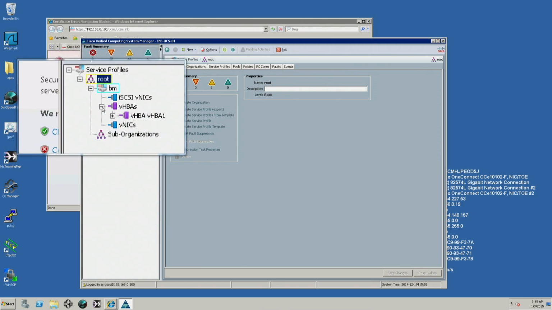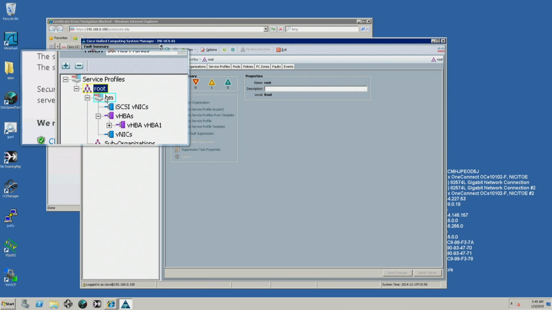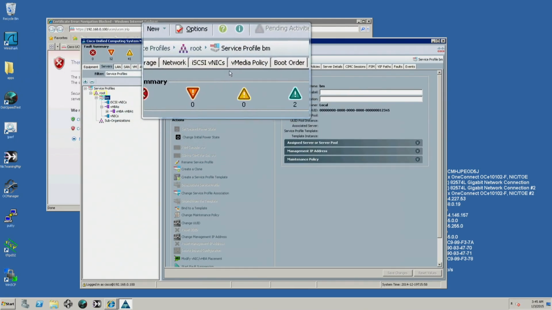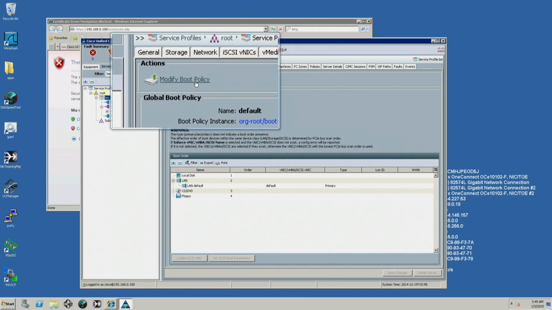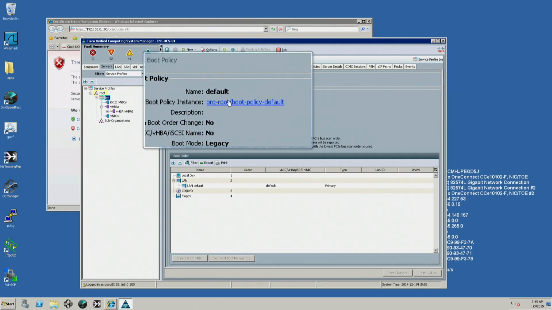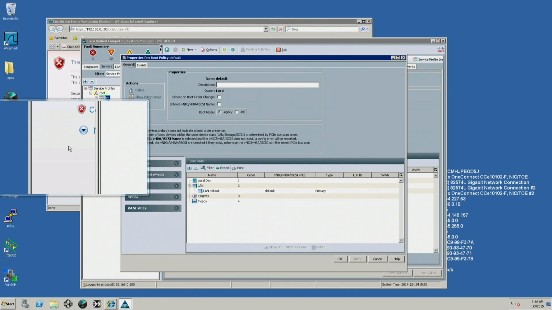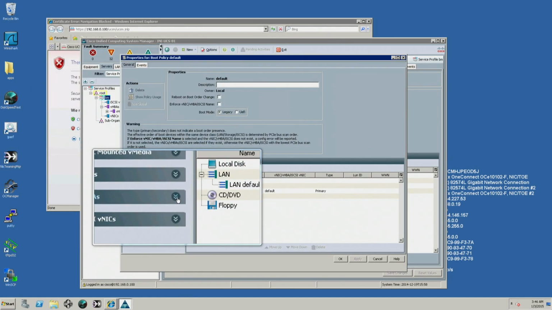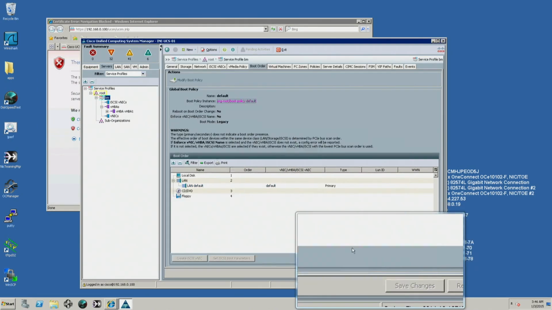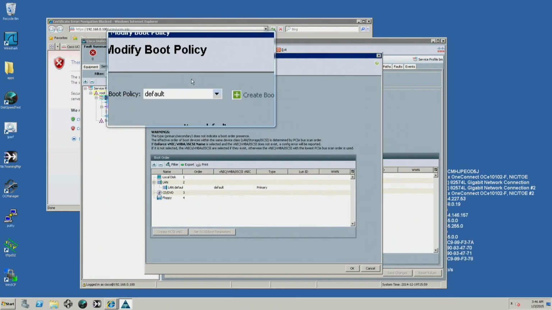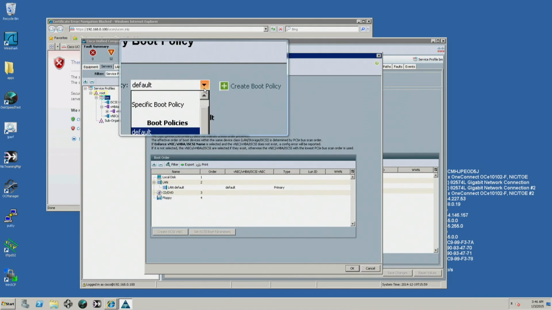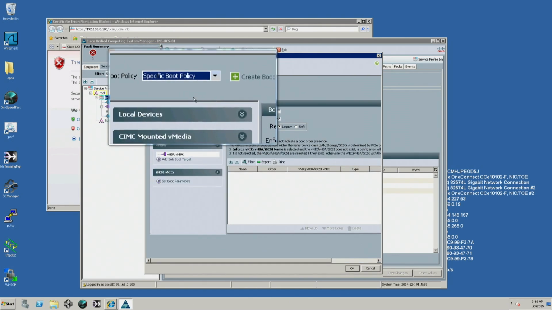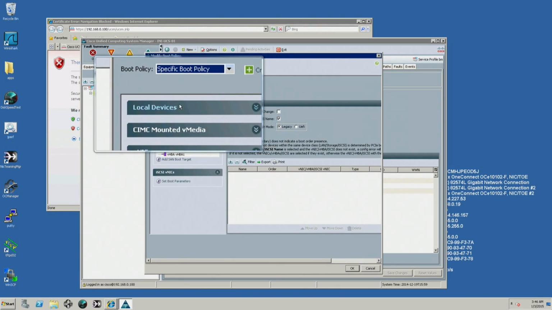Then under the server, I'm going to go to the boot order, and I'm going to modify the boot policy. Actually, I'm going to create a new policy. Let's say modify boot policy, and a specific boot policy. Okay, so I'm going to specify how I want this blade to actually talk to